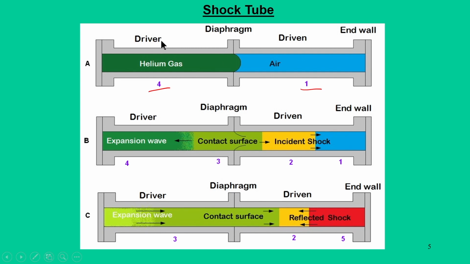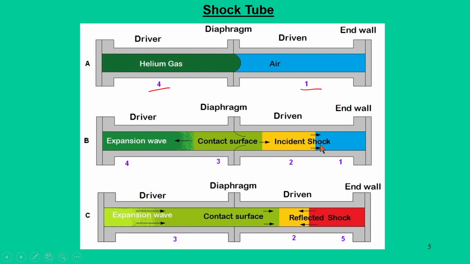So, basically when you are filling these driver sections, you are initiating compression waves into these driver sections, and all these compression waves merge as a shock wave, and that propagates into the driven sections. Now, you can see the change in the color here. When the shock wave gets generated and propagates into the driven sections, it compresses the test gas. The initial condition of the test gas and another instant we look at as B. So, when the shock wave moves in the driven sections, it compresses the test gas, and as you can see, the color gets changed.